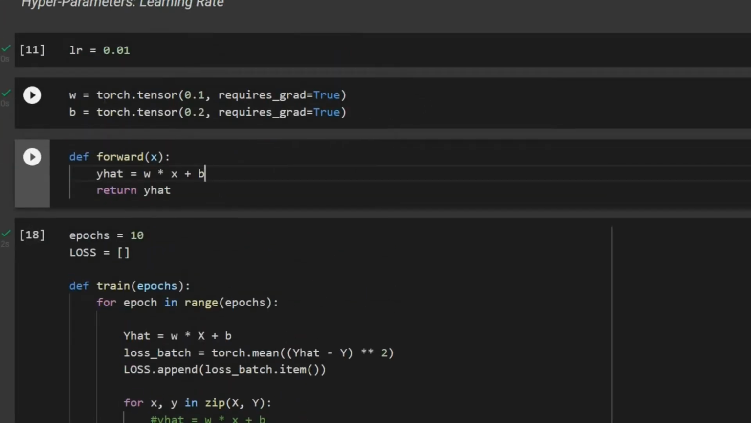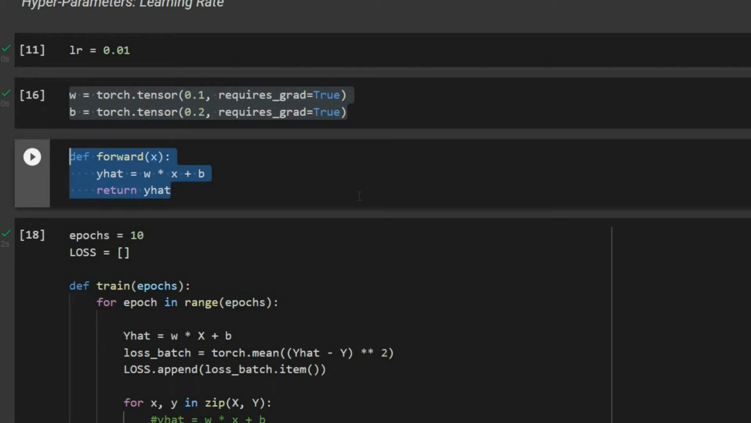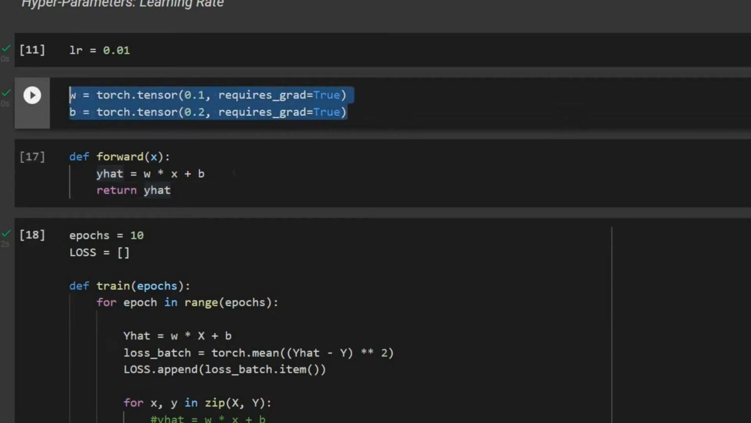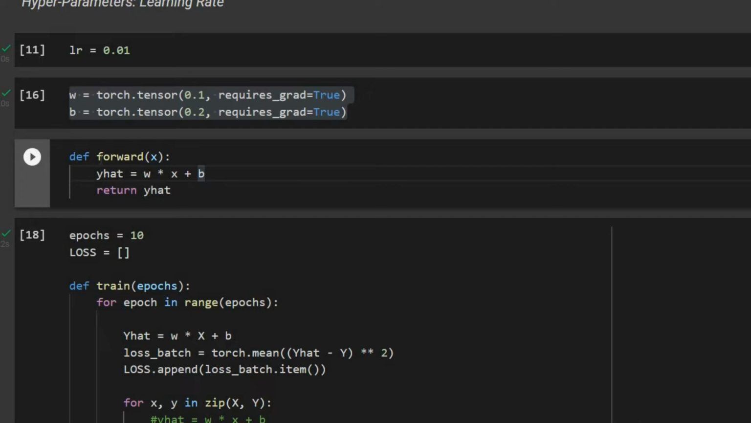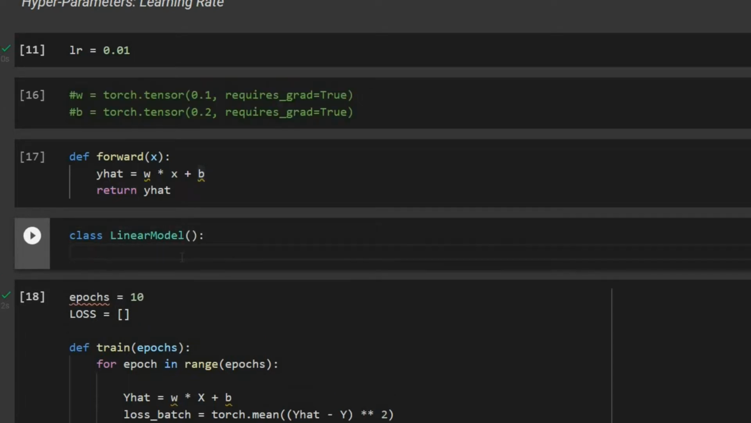Okay, now let's see here. We have initializations of the weights w and b here, and then I have a function forward here. So it's going to be nice if I can create a class, and in the constructor of the class I could initialize w and b, and then I can have the forward as a method of that class. Let's do that. Class, let's call it LinearModel. First we define our constructor. We say def __init__,